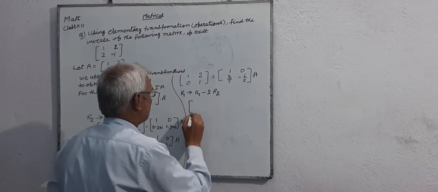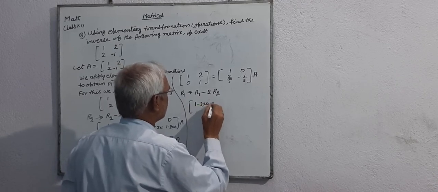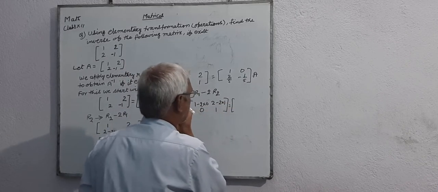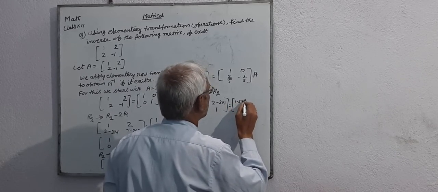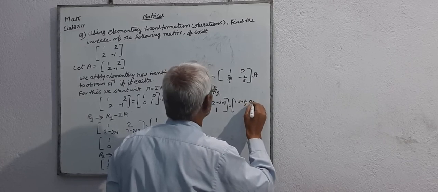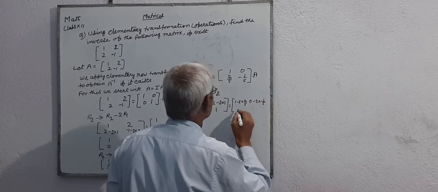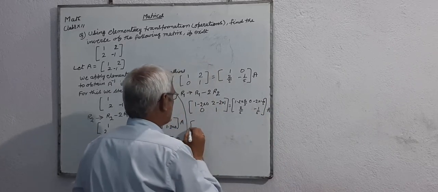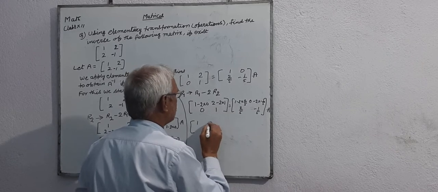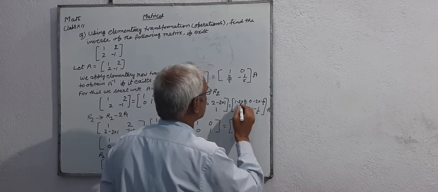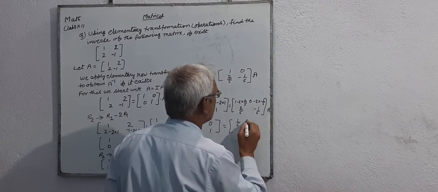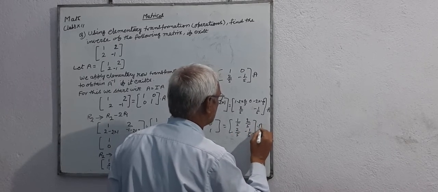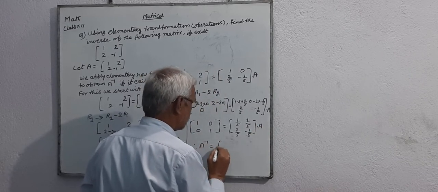We get 1 minus 2 into 0, 2 minus 2 into 1, 0, 1 equal to 1 minus 2 into 2 by 5, 0 minus 2 into minus 1 by 5, 2 by 5, minus 1 by 5, into A, equal to 1, 0, 0, 1 equal to 1 by 5, 2 by 5, 2 by 5, minus 1 by 5 into A. Therefore, A inverse equals